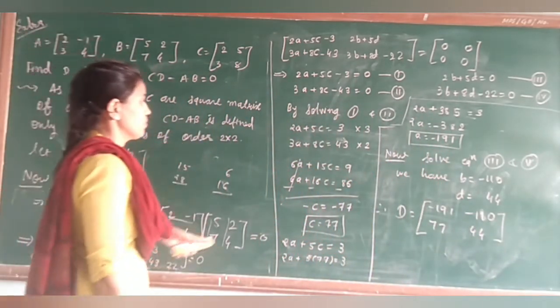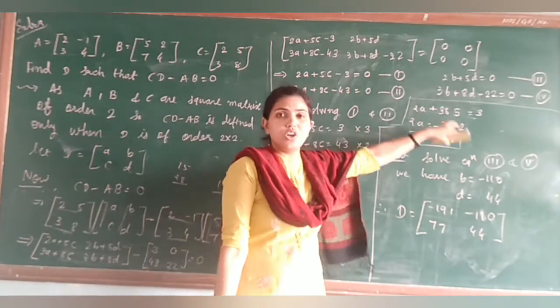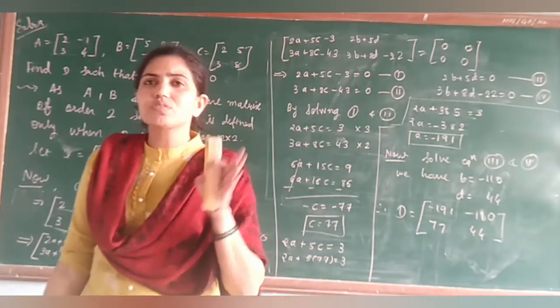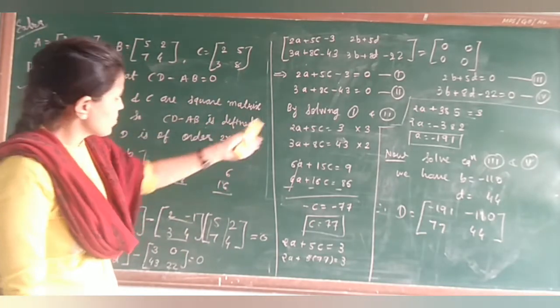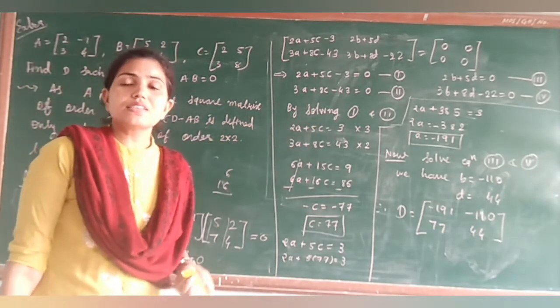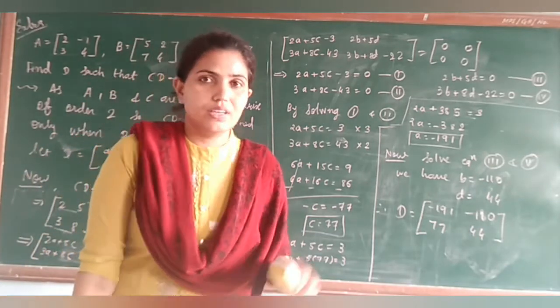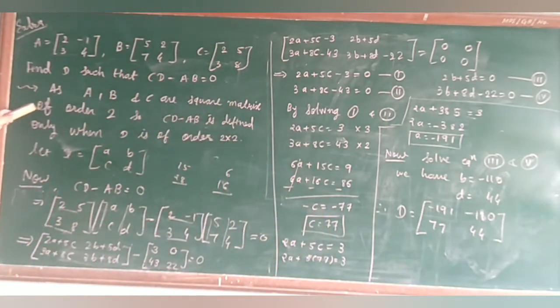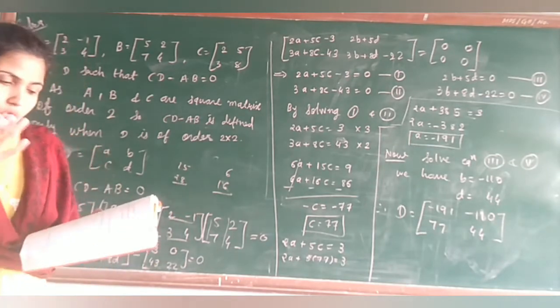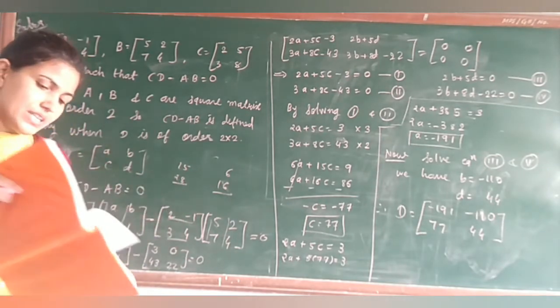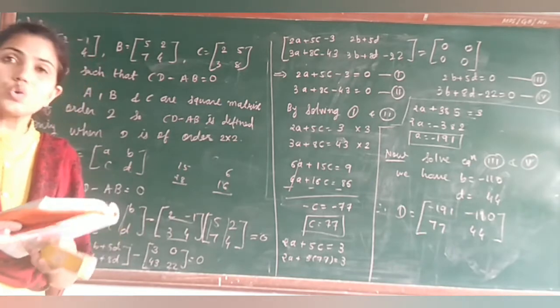Here also you have to show this solution for equations 3 and 4, but as there is a limitation of time we are not solving that. So that's why you can solve this question like this, and it is similar to question number 11. Okay, so whenever you have this question, first find out the order and after that apply multiplication and then solve the equation. Now the next question of the miscellaneous exercise, that is question number 12.